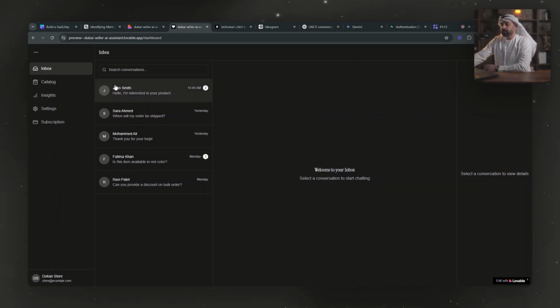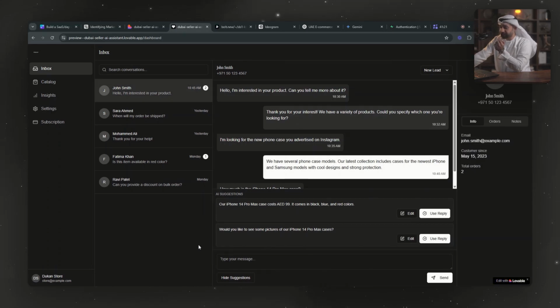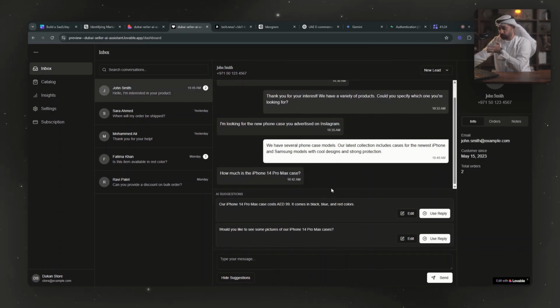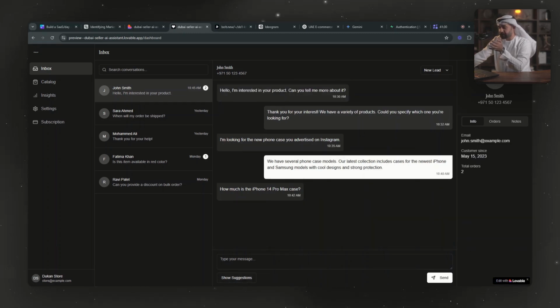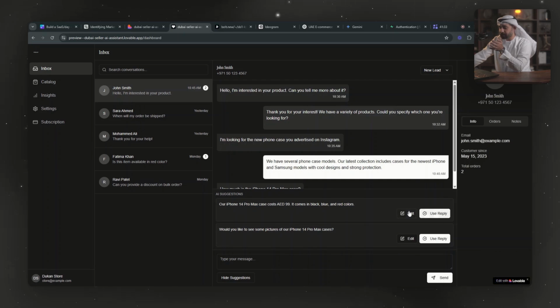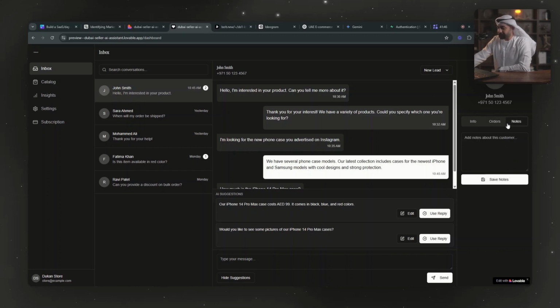So inbox is where you connect this to your WhatsApp from its settings. And then on the inbox, you can see every single WhatsApp message that comes to you. You click on one WhatsApp message, it gives you AI suggestions of what to answer. You can make it an auto mode to get it to answer itself without confirmation. And you can hide suggestions, add suggestions, show suggestions, send a message, edit the message, use this reply, and whatever. And on the right, you can see his number or whoever lead you have, whether it's order placed, payment pending, whatever it is, you can identify them here. And then you can see the orders they have ordered in the past and how much they have spent. And if you have any notes about them, you save the notes over here and it goes to the database. Very important. You can log out as well from this button over here.